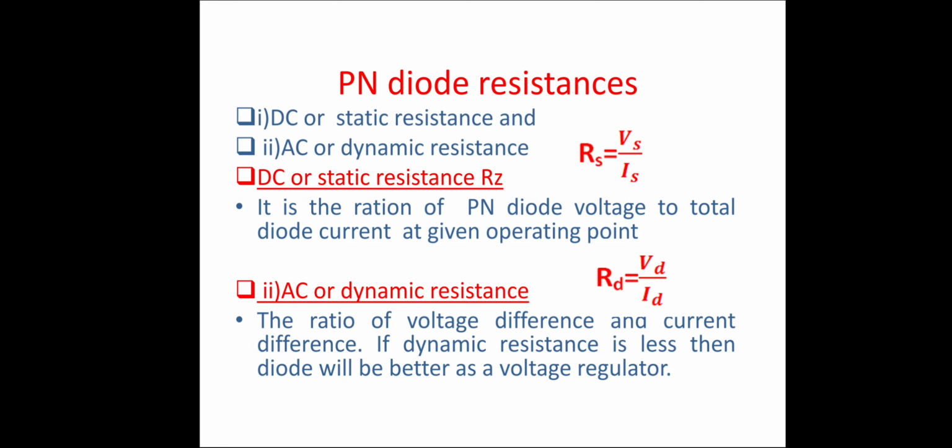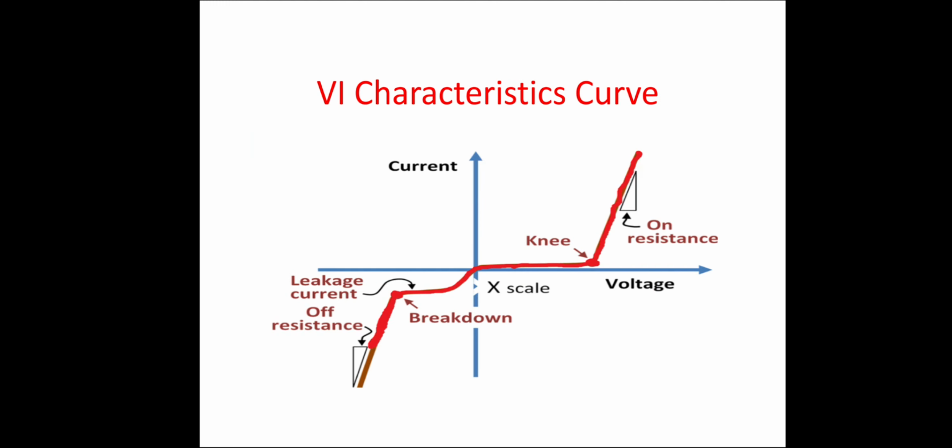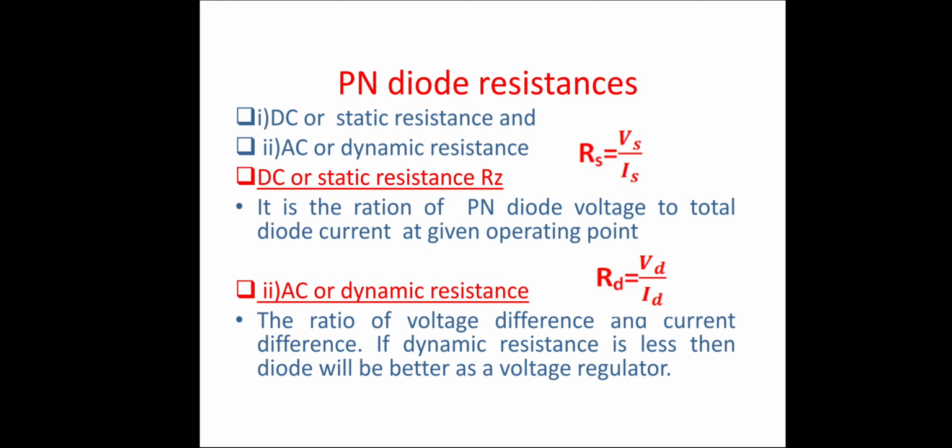Whereas for dynamic resistance, delta Vd and delta Id will be taken. For finding the dynamic resistance, we need to cut the graph at two points, and that difference gives you the dynamic resistance. In the previous case it was at one point. Now we have two points, and the difference will be taken as your dynamic resistance. So in this way we calculate the dynamic resistance value. Thank you.